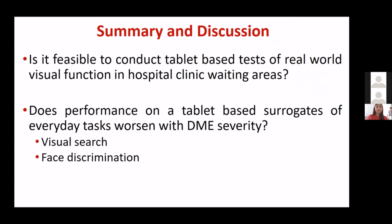So just to summarise, going back to our initial aims, we wanted to find out if it was feasible to conduct tablet-based tests of real-world visual function in hospital clinic waiting areas. And we found that, yes, it definitely is. And this could provide clinicians with meaningful information about how a patient's condition might be impacting on their day-to-day activities